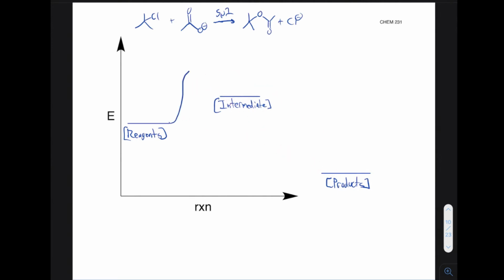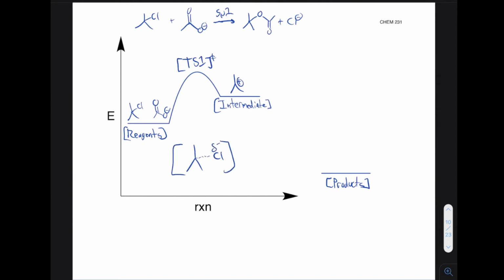So we have our reagents and our intermediate, with the reagents, of course, being our electrophile and nucleophile, and our intermediate is this carbocation intermediate. And we have our first transition state here, similar to before, where we have essentially the chlorine leaving, and partial negatives and positives show the bond is breaking. And then we have our next